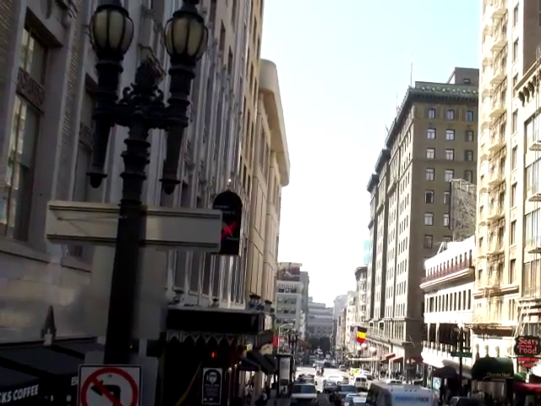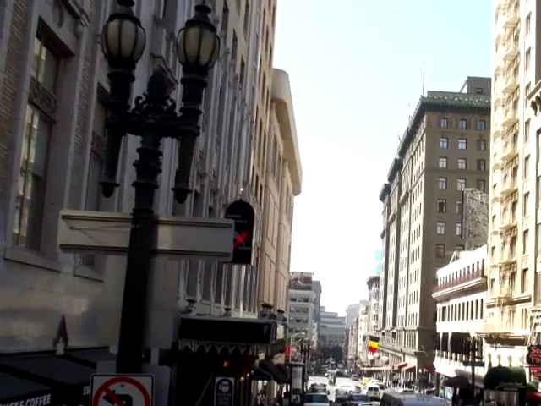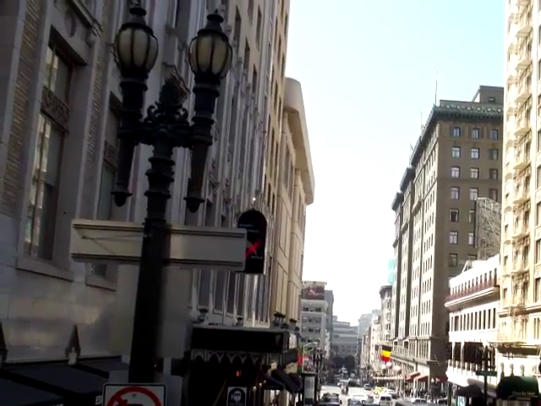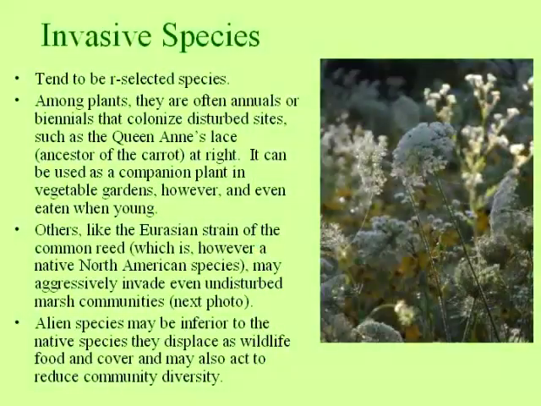discussion of endangered species. So I want to start out by discussing invasive species. The reason I relate invasive species to endangered species is because species that are invasive into communities can often result in other species populations declining and in some instances even becoming endangered. Now, generally speaking, invasive species are species that are alien to an ecosystem. They come from somewhere else, so they may not have any natural predators or competitors, and so they can build